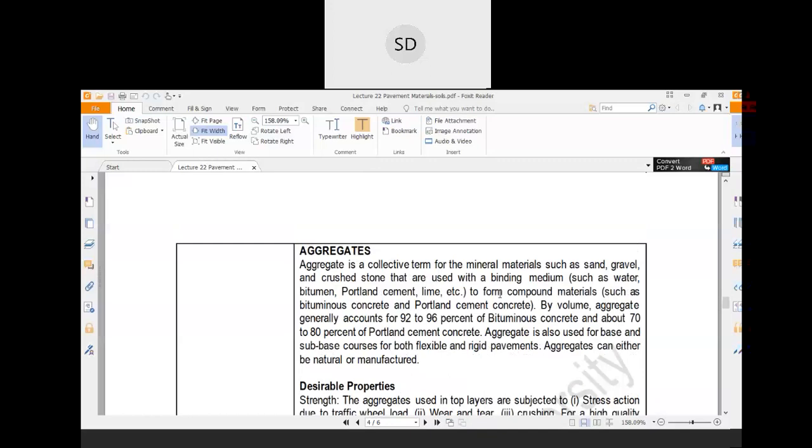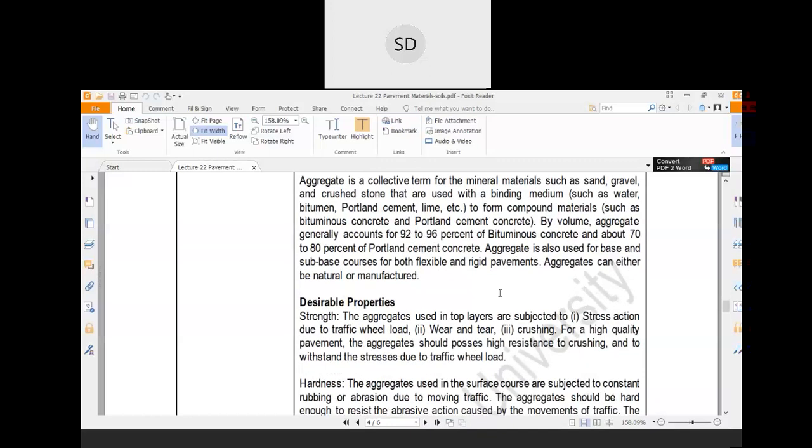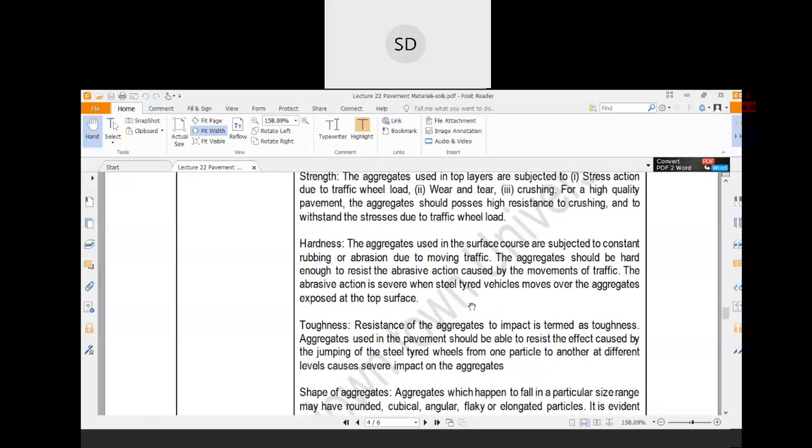Now there are different types of desirable properties for the aggregate. The first one, which you have to check, is hardness. Now hardness: the aggregates used in the surface course are subjected to constant rubbing or abrasion due to moving traffic. Abrasion means,